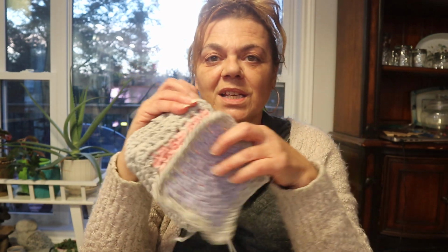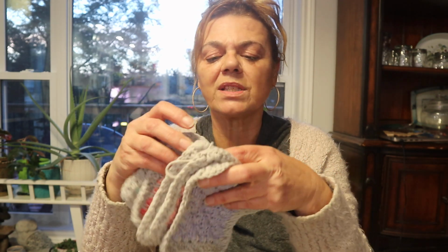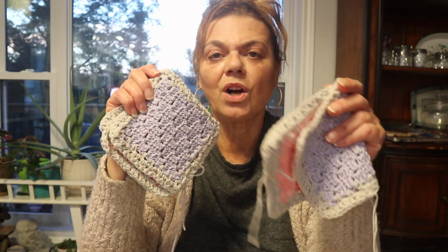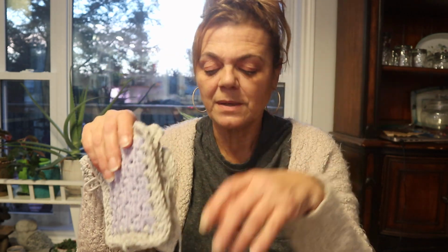I think I told you before, I've been trying to clean out my craft room, which is an ongoing thing. It's still not done. And I found a bunch of squares that I made out of cotton. I love this cotton. I made a blanket for the summer that I use, and I had some extra squares. These are all done using the corner to corner technique, and I had leftovers, and I was gonna put them together to make a cat blanket, but